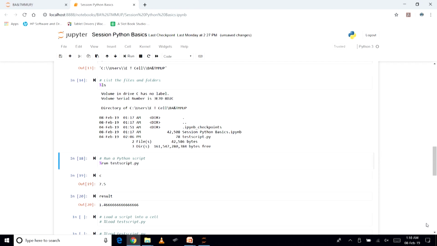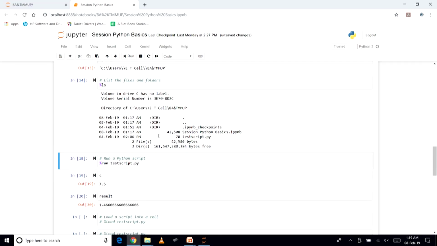Now, if you have a separate file as a Python script, how can we run that in Jupyter Notebook? That also we can do, using percentage run and the name of the file. You can see this is a line magic, where arguments required for that command to be executed are also passed in line. In the cell magic, any following lines of code would also be executed. That is the difference. So, let us run this.